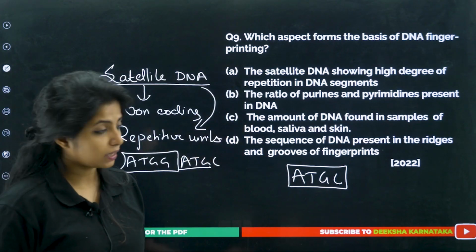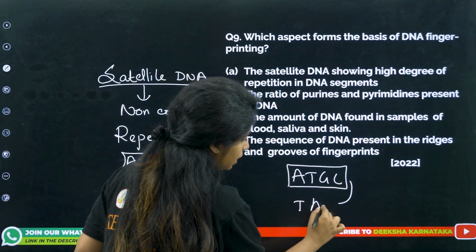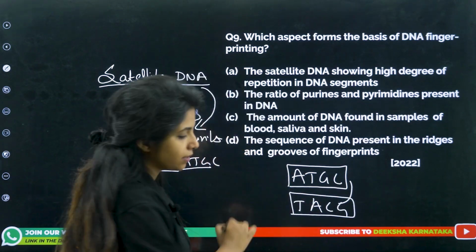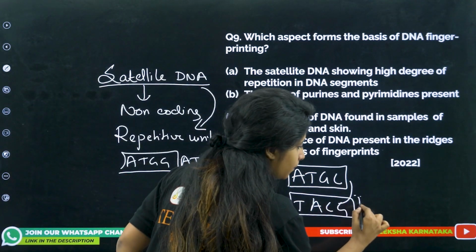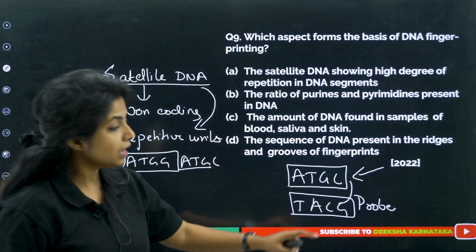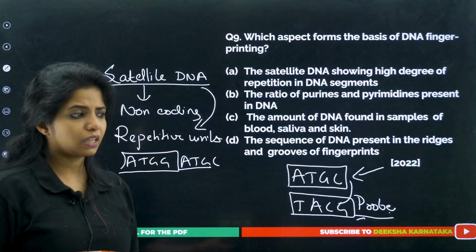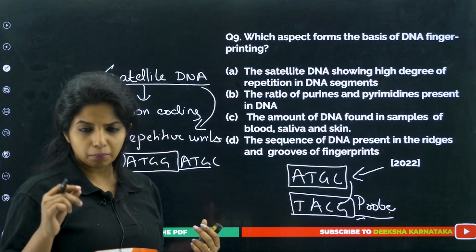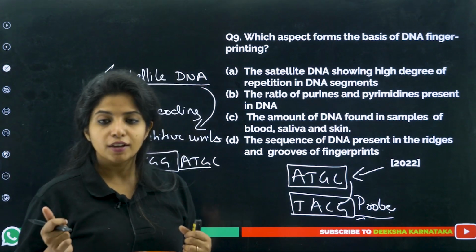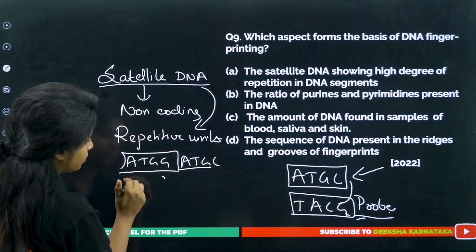ATGC was the sequence, and now they made a complementary thing out of it, that is basically TACG. They made a probe like this. They know that this is the thing that is being repeated. They have made a probe like this, and now I, being a suspect, they will take my DNA out and try to check it. So when this probe goes and attaches over here,